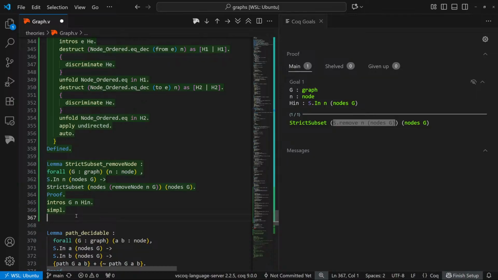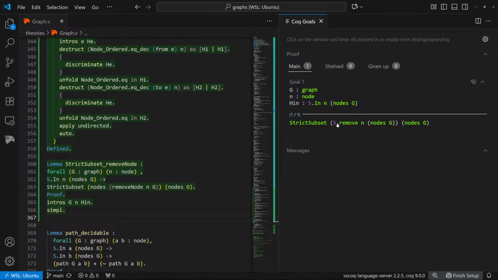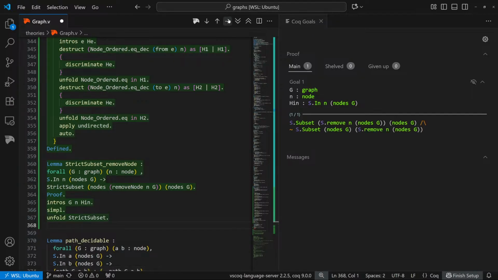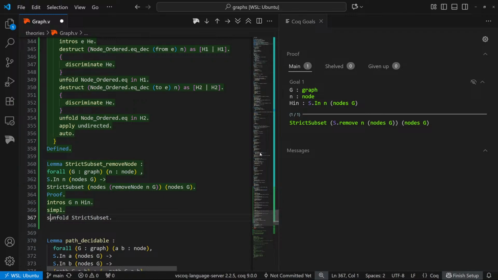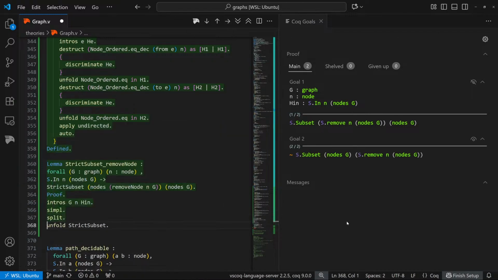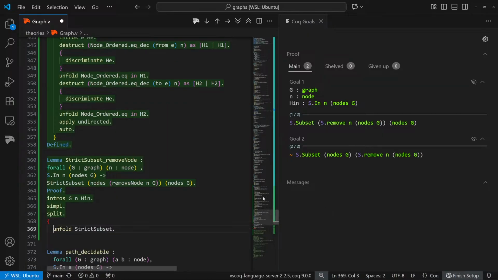Then what we need to do is, if we unfold strict subset, there's two pieces that we need to prove. It's a subset in one direction and not in the other direction. So we'll actually just do a split instead of an unfold. So we need to do these two different proofs. And of course, the first proof,